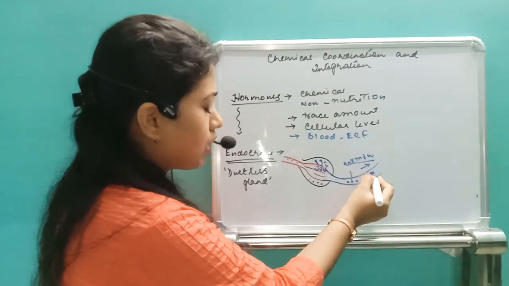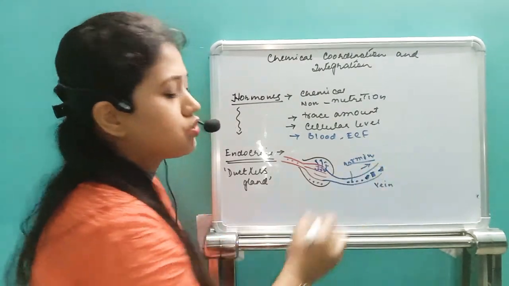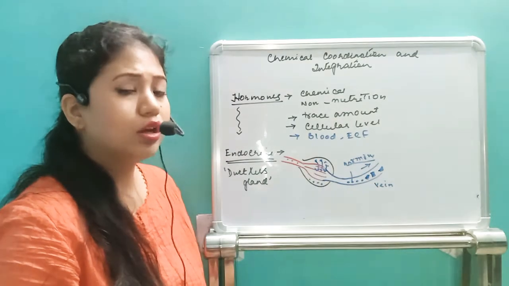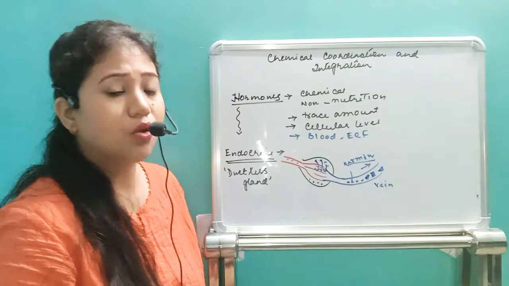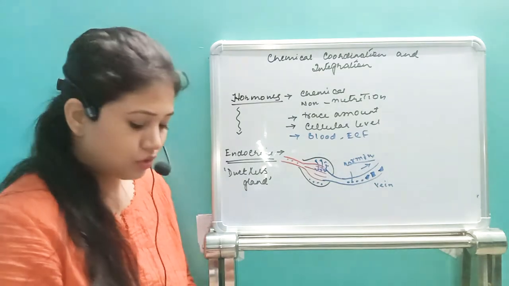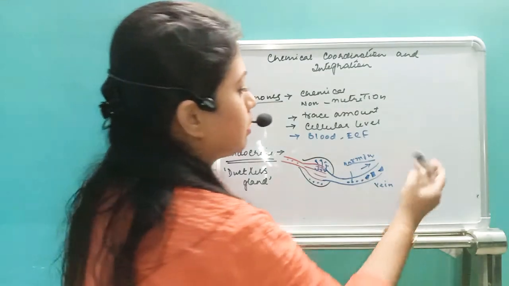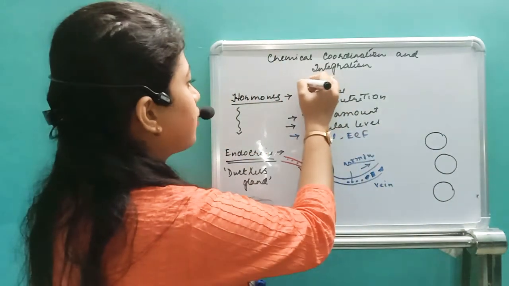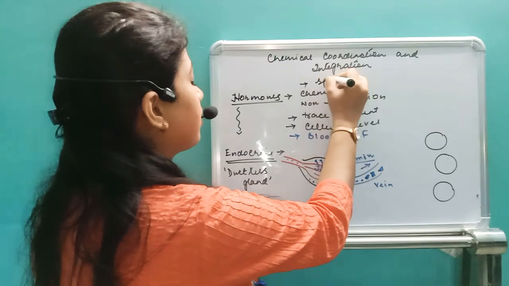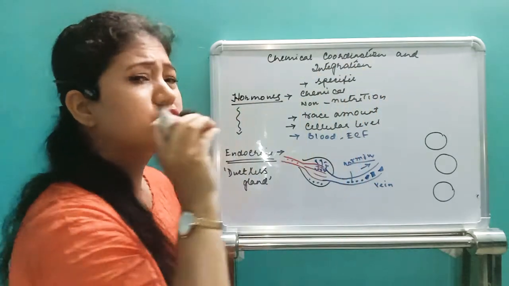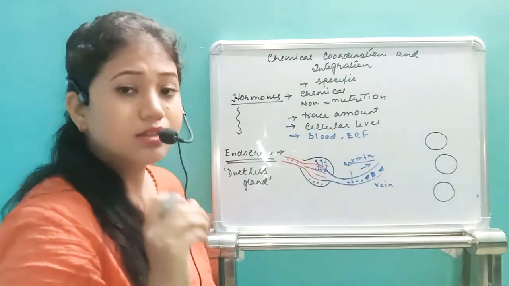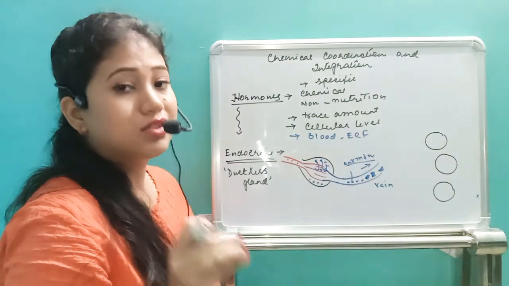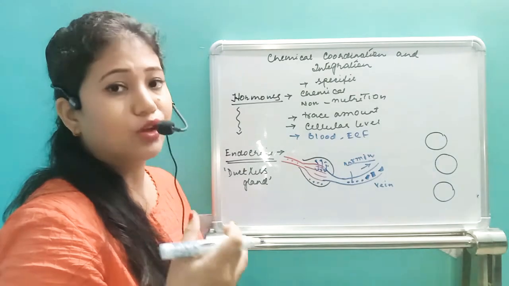Every type of endocrine gland is going to secrete its hormone, right? But what happens? Is it working on each and every gland or each and every organ of our body? No. Suppose here we have some glands. You know that the hormones' functions are very specific, which means they're going to act on just a specific part of the body. Depending on the receptors present, they're going to act.